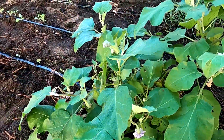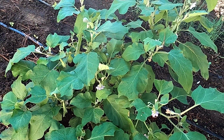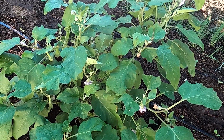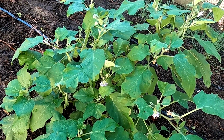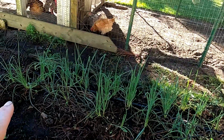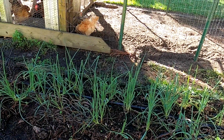Wow, so we must have set fruit really well a couple weeks ago, or a week ago, and still going to. That makes me very happy. Let me show you, as long as we're on eggplant, let me show you the purple shine, because they're coming along too. Oh, wait, we can't leave the garden till I tell you,